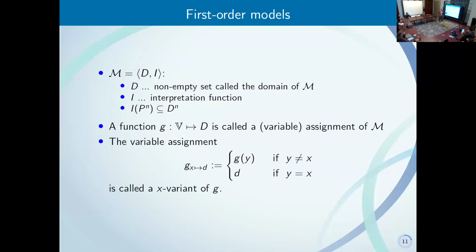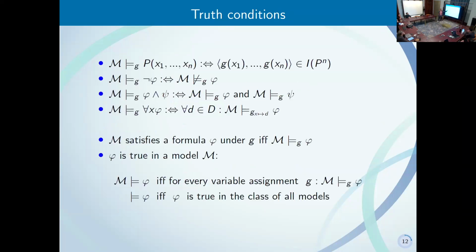And we have the so-called X variant, which gives me two variable assignments. One is an X variant of the other when they are exactly the same, but on X they may behave differently. With this, we can now easily define the truth condition for the quantifier. When is for all X phi true under variable assignment G? Basically, if we can replace the assignment of X with every element in the domain, and the formula stays